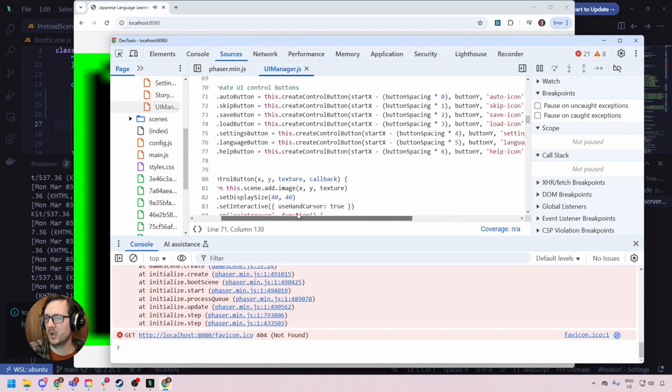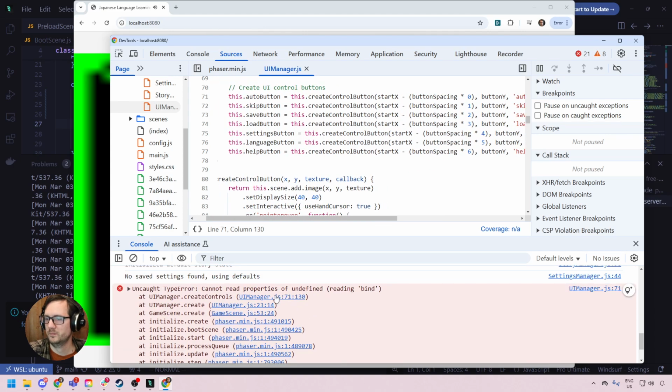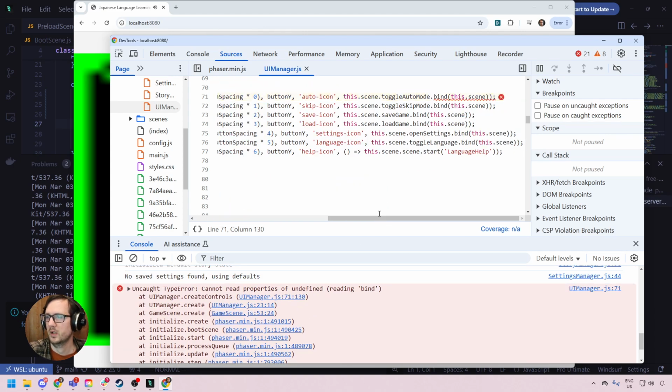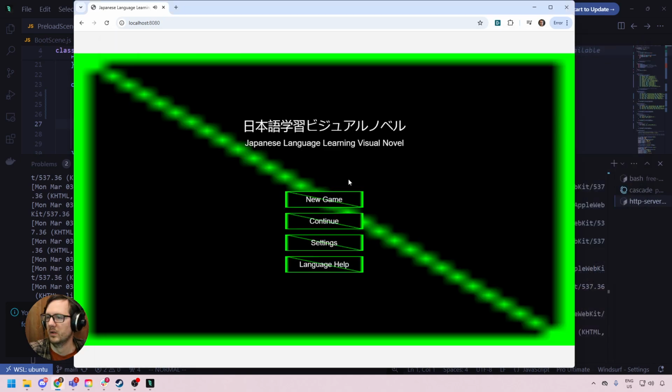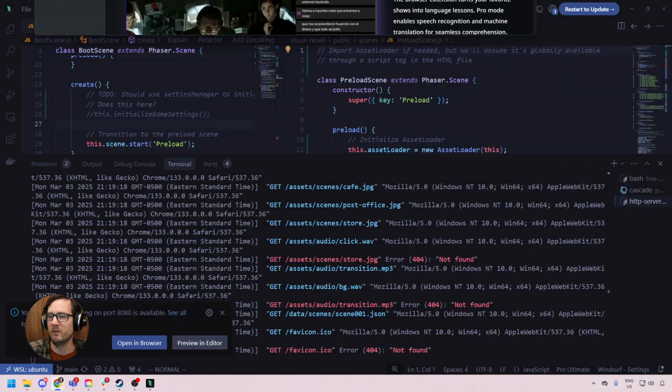On one of our... Which one? Here. Okay, so: cannot read undefined bind for toggle auto mode. .bind. Okay. Fair enough, but the point is that we were able to do a massive refactor, and that actually